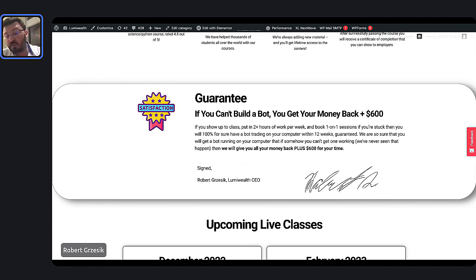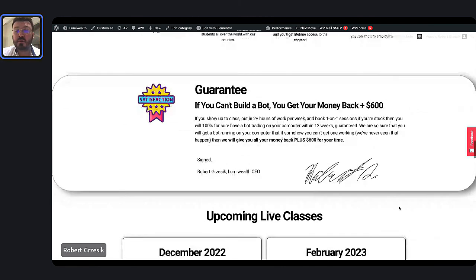I've never seen this happen before. Every single student that's ever gone through our class has built a bot and had this thing trading. And as I said, I would hope that by week 5, you already have a bot trading. By week 6, guaranteed pretty much, right? And by the end of the class, pretty much guaranteed, right? I will spend as much time with you as needed to make sure that you have this thing working, running on your computer, placing trades, and hopefully making you some very good returns as well. Right? That's our guarantee there.